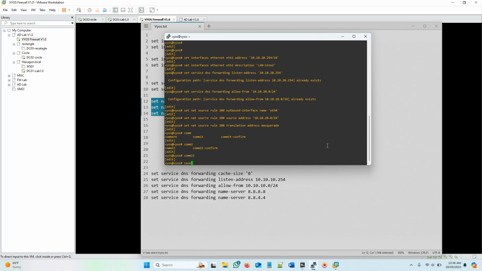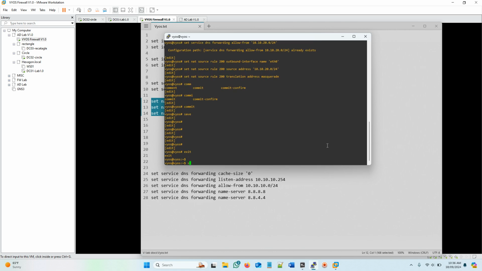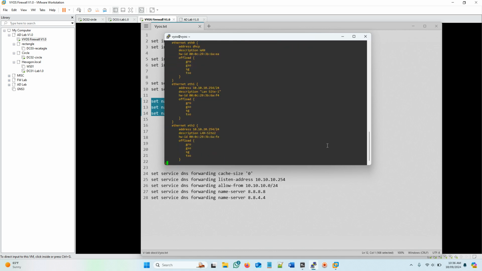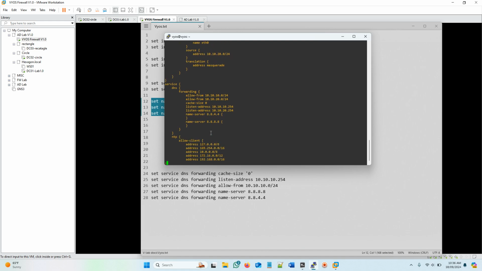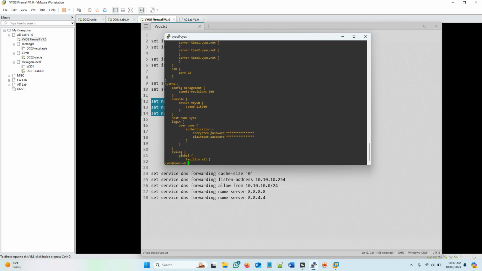Save. Let's see. Exit. Show configuration, right? So if you see configuration, LAN site 2 is there now. And let's have a look. All of the software, make sure that's great. Source net. Okay, exit and show